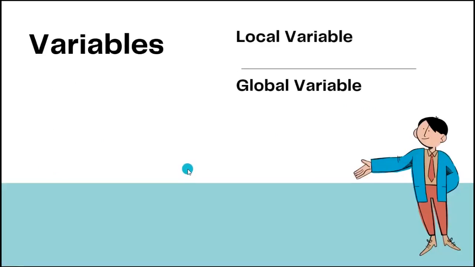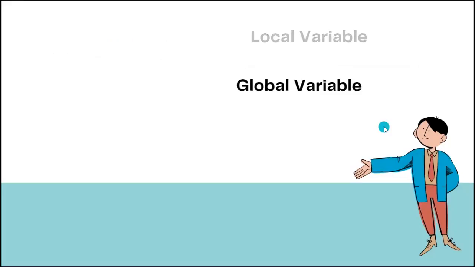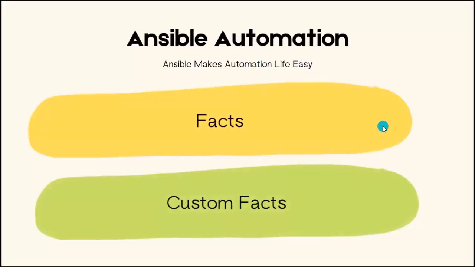And also variables. What is a local variable? What is a global variable? How do we control them? What is the use of them in Ansible? And facts, this is a really important topic. So we will discuss what facts are, what custom facts are, and how to create custom facts with a real-time playbook according to your condition. You will see there will be a 4-window concept. We will walk through it one by one.